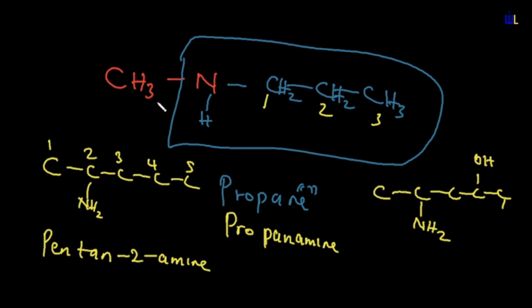So let's name this all together. The parent name is propanamine, and they said that we have to name this as a prefix to the parent's name, and the prefix, this is methyl, so we have to put that methyl. However, it is important that you note the locant. It is attached to nitrogen, which means it's going to be N-methylpropanamine. Okay, let's consider